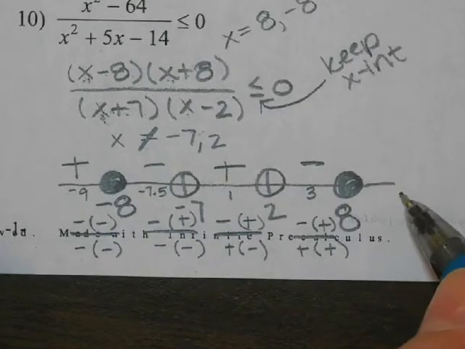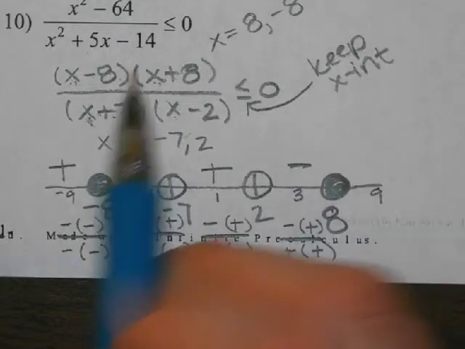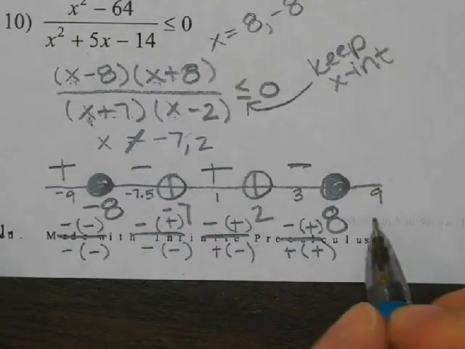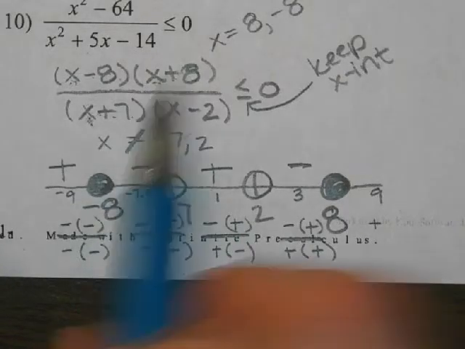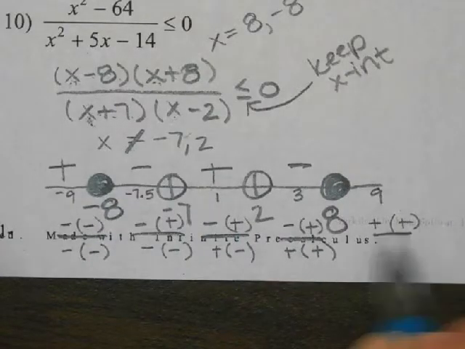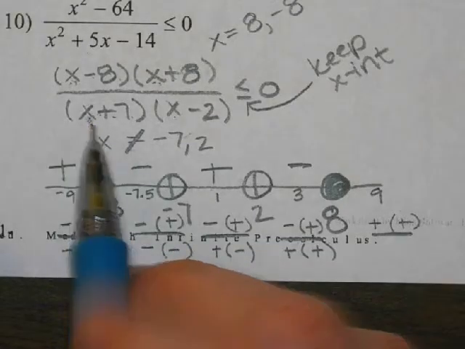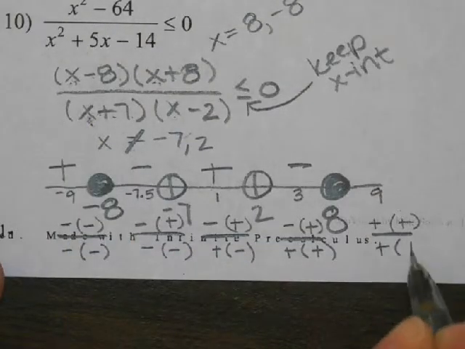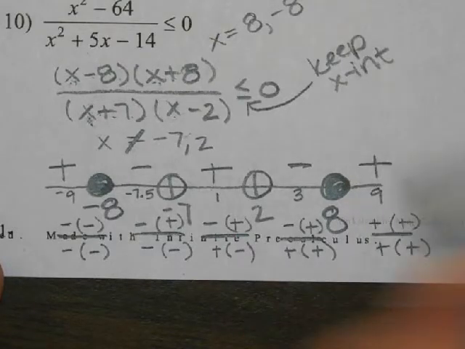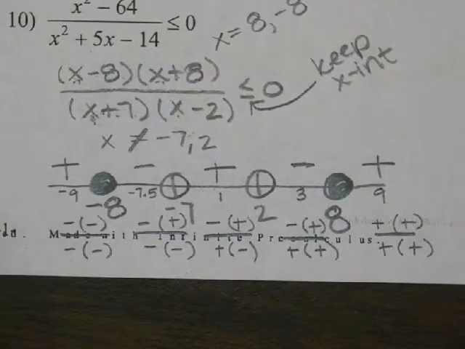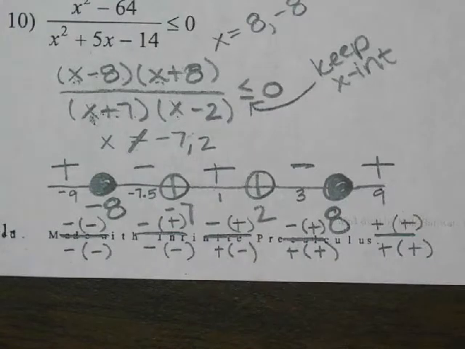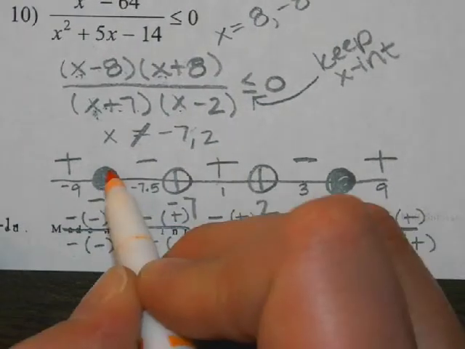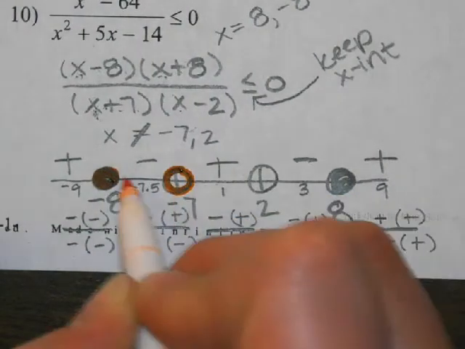And then bigger than 8, 9. So 9 minus 8, positive, negative, positive, negative. 9 plus 8, positive. 9 plus 7, 9 minus 2. Positive, positive. All right, so which ones are we keeping this time, the pluses or the minuses? The minuses, because we say less than 0. Because the sign tells us to use minuses. So the answer is